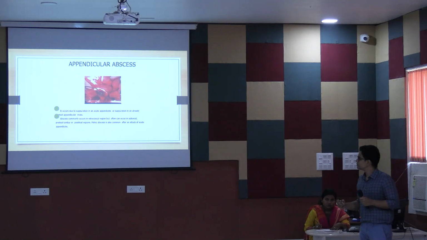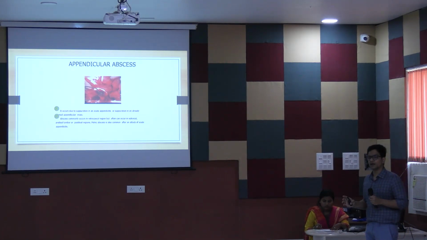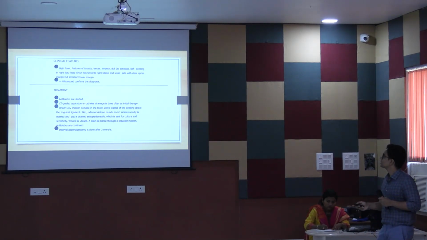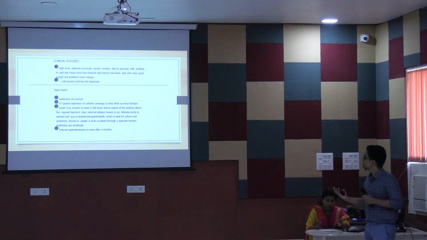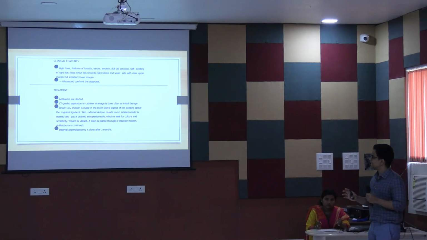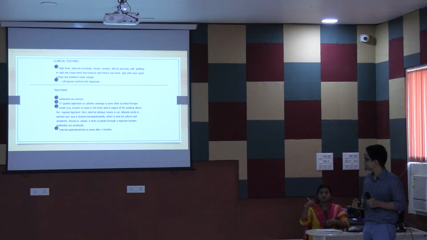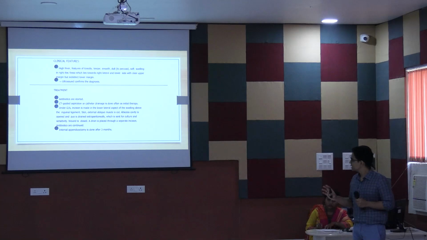Appendicular abscess occurs because there is suppuration in case of acute appendicitis and there is gross leakage of pus, so you have to drain it out. It is commonly seen in the retrocecal region because that is a dependent position. Clinical features: high fever, toxicity, peritonitis, guarding, rigidity. Ultrasound confirms the diagnosis. In such a case, antibiotics, and the patient has to be NBM. CT guided aspiration, if possible, needs to be done. If not possible, laparoscopic drainage has to be done. And after the patient has recovered, interval appendectomy is done usually 4 to 6 weeks later.